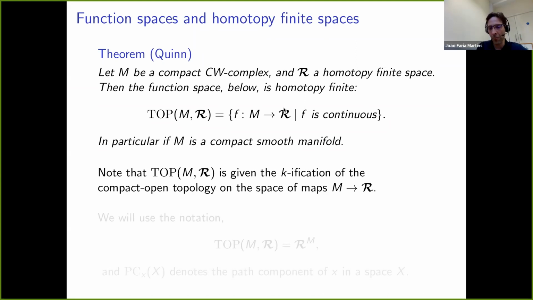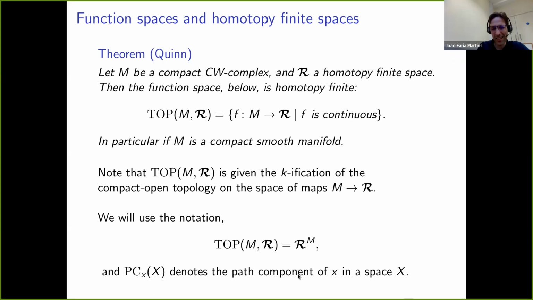Right, so I think I'm now able to say what this Quinn finite total homotopy TQFT is. Let me just say a couple bits of notation. It's more convenient to use this exponential notation for function spaces, so the space of functions from M to R will be R to the power M. And if I have any topological space X, I'll denote the path component of a little x in capital X with this notation PC(X, x). Note that I want to consider the entire path component, so it becomes a topological space in its own right.